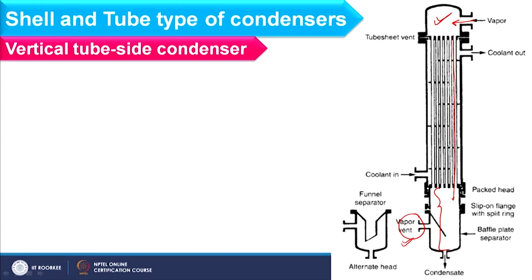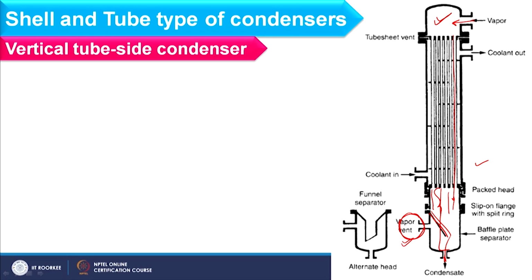So, in this case, for proper discharge of the condensate, we usually consider this type of assembly, because whatever condensate is coming, it slides over here and then exits from here, and further it will not create any disturbance in the functioning of the vent, right. So, in this way we consider a slip on flange. So, in this way we consider the functioning of a vertical tube side condenser,